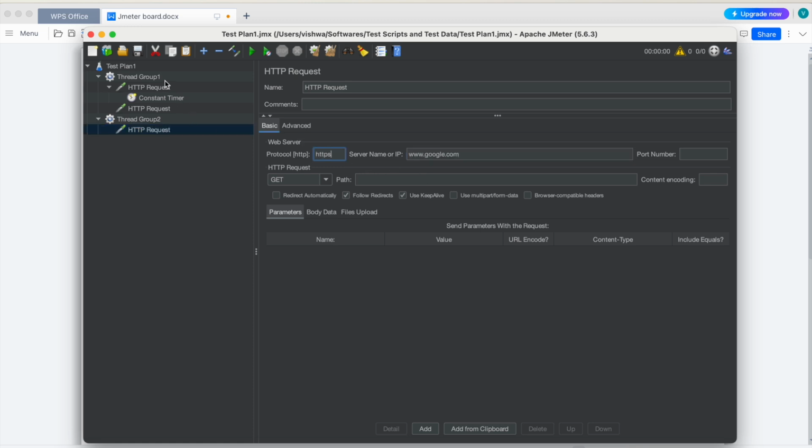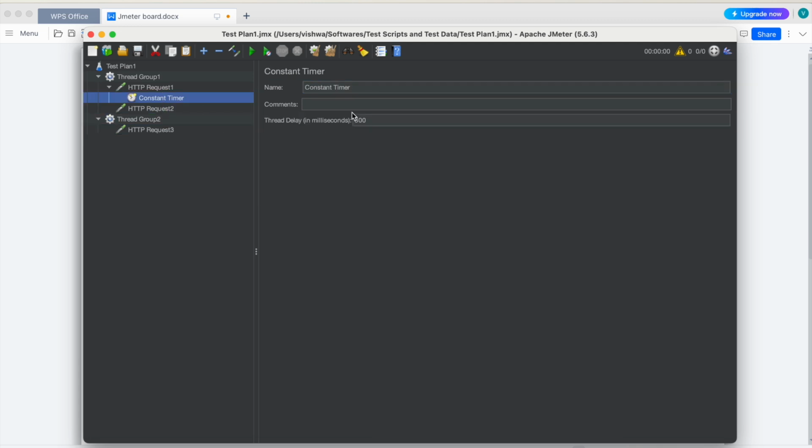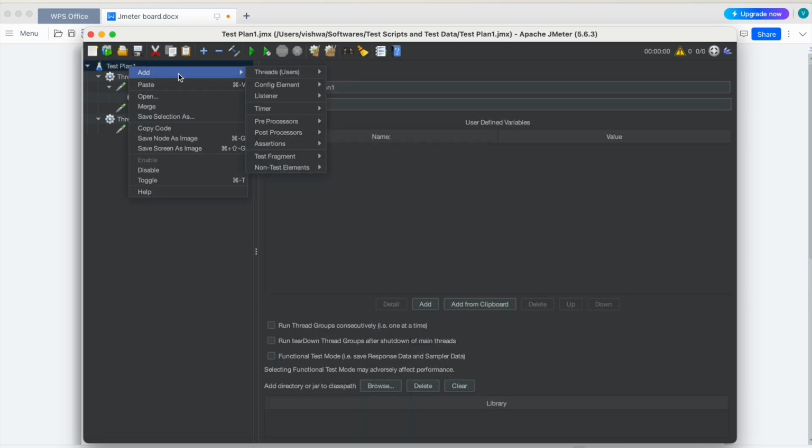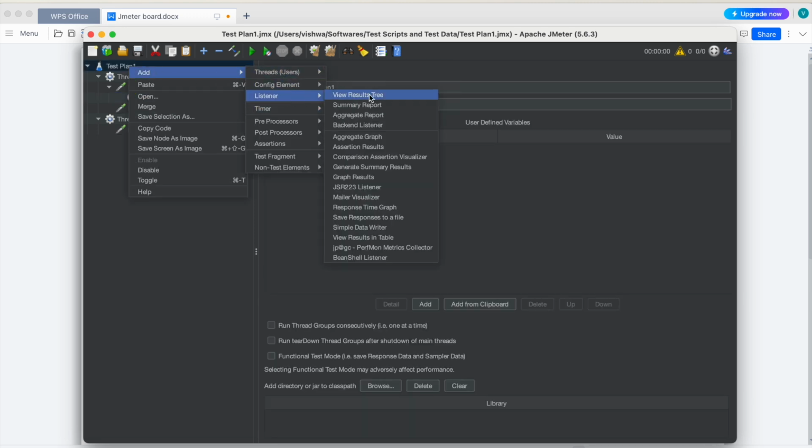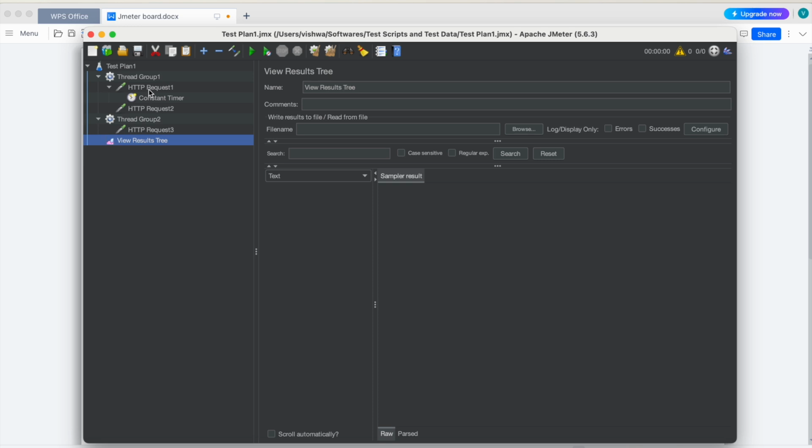I will call it HTTP request 1, HTTP request 2, HTTP request 3, right? And here I will apply a timer, let us say 10 seconds, 10,000 milliseconds, right? So I can save this, and I can add the listener here, View Results Tree. Now what will happen is, if I just press start,